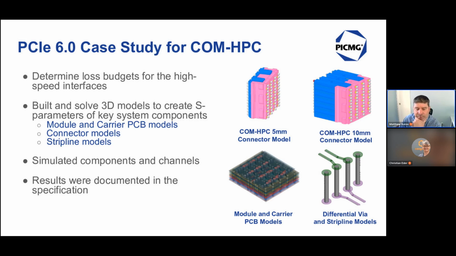So looking at each of the components from an SI standpoint, we build 3D models of the connectors, the PCB, module and carrier cards, plus the differential via and strip lines within the carriers and also the modules itself. We build those models, we build the channels, we simulate the components, we simulate the channels, and then the result of that work, both the simulation and the testing, are within the standards. So what does that mean for